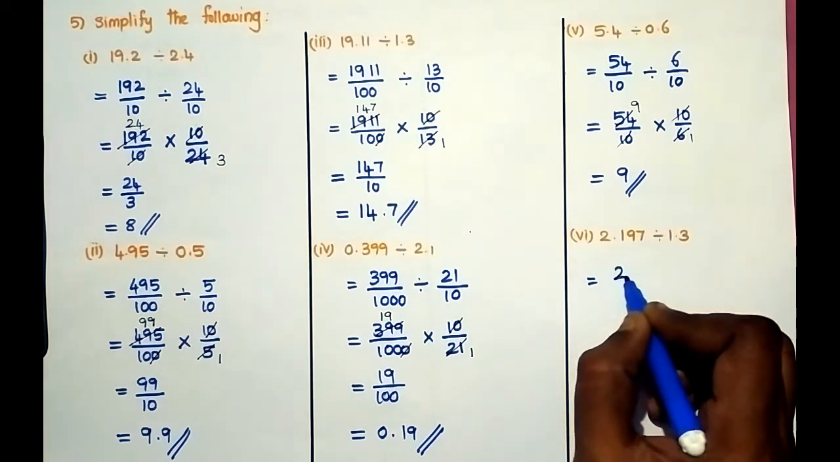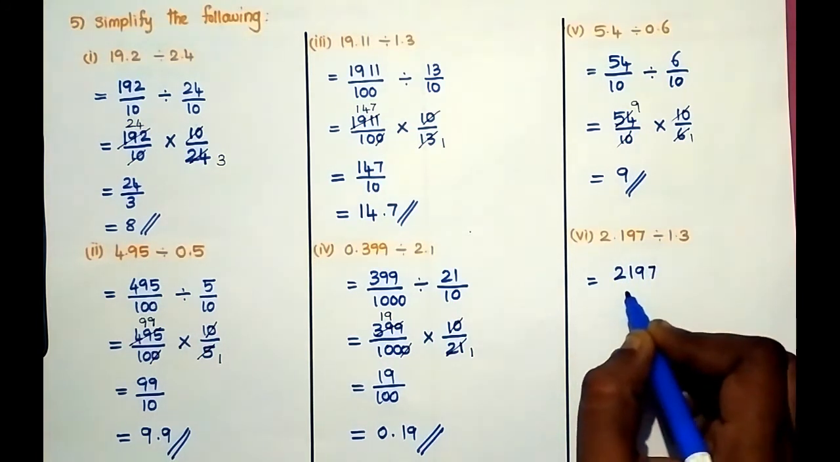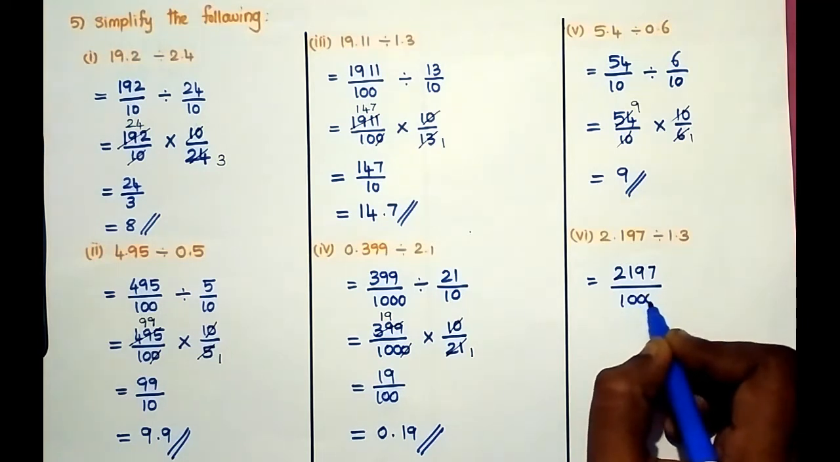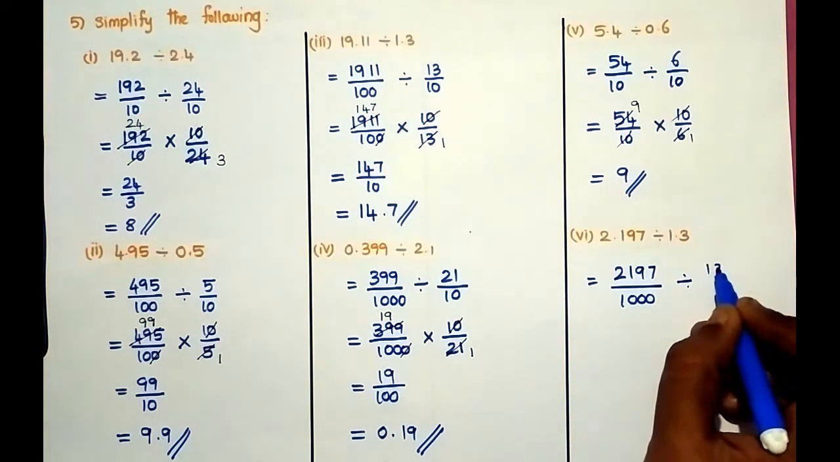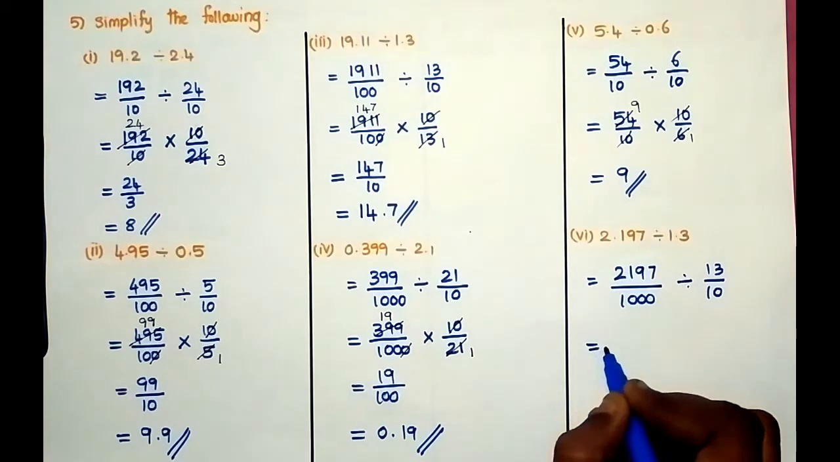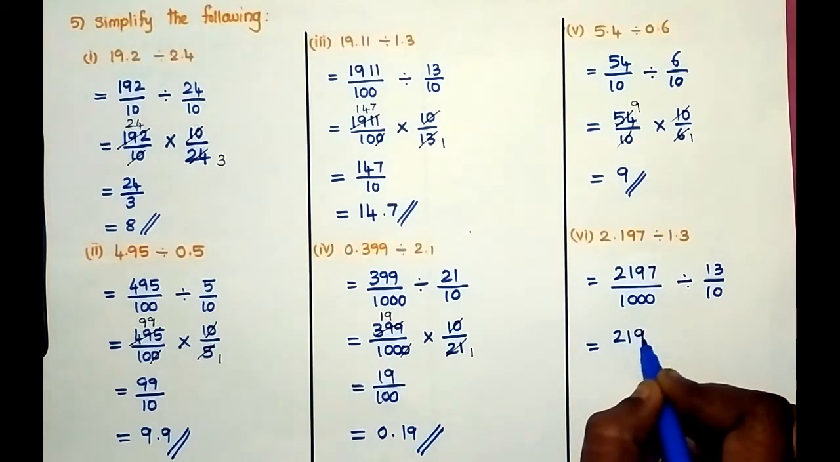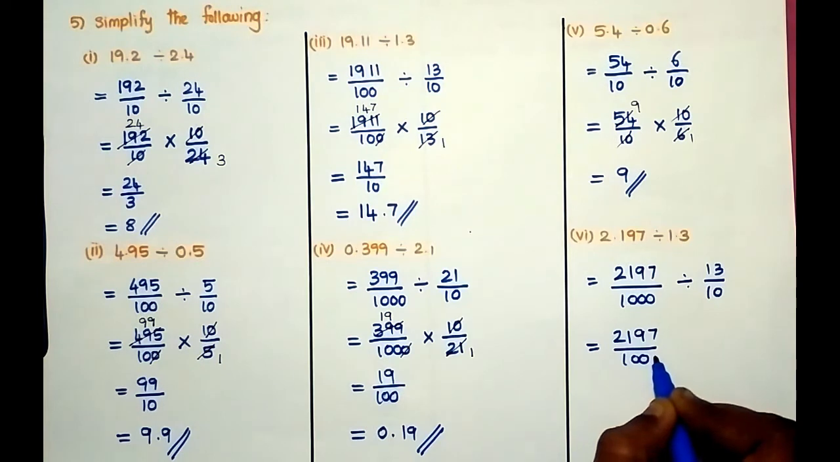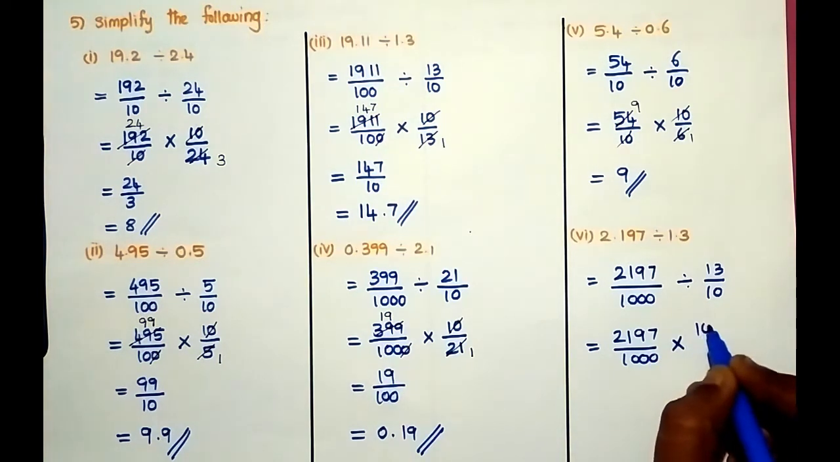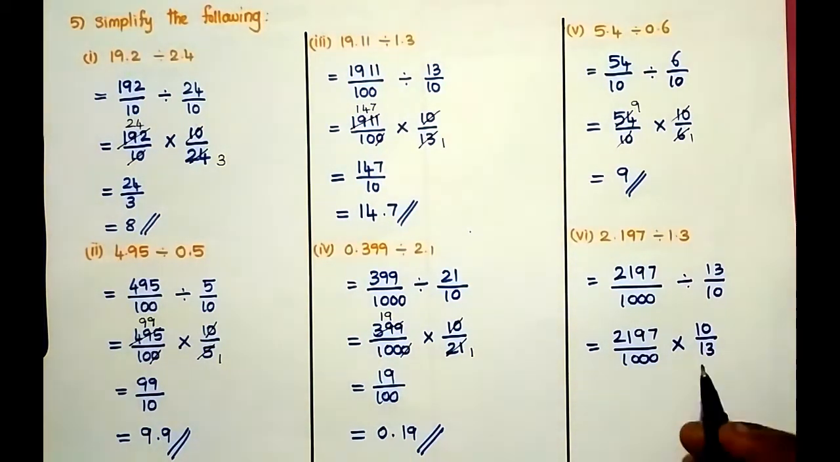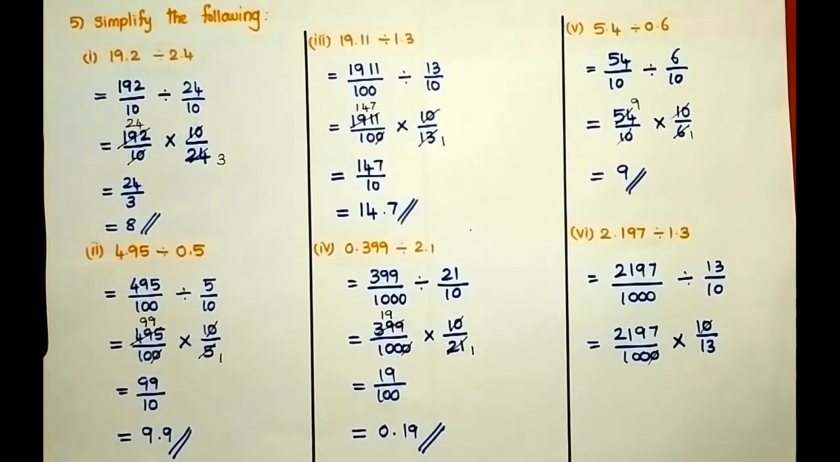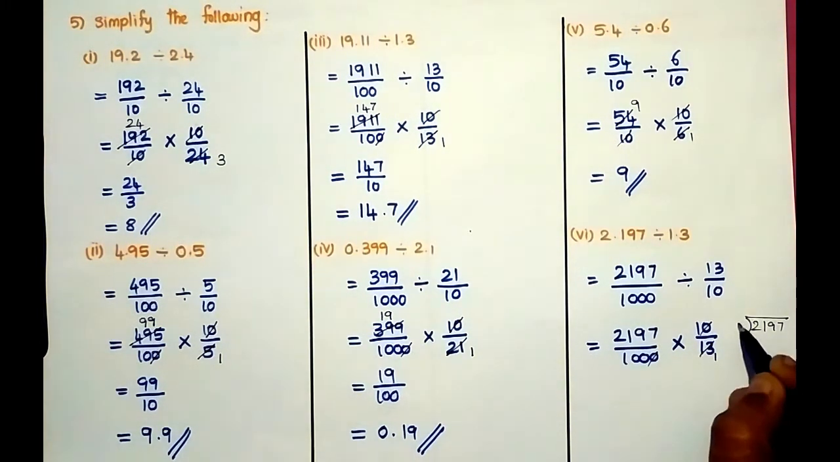2.197. So 2197 divided by 1000 and divided by 13 by 10. Now 2197 divided by 1000 into 10 by 13. Now 10, 10 can get cancelled, and here 13th table. 1 13 is 13. Here 2197 divided by 13 means